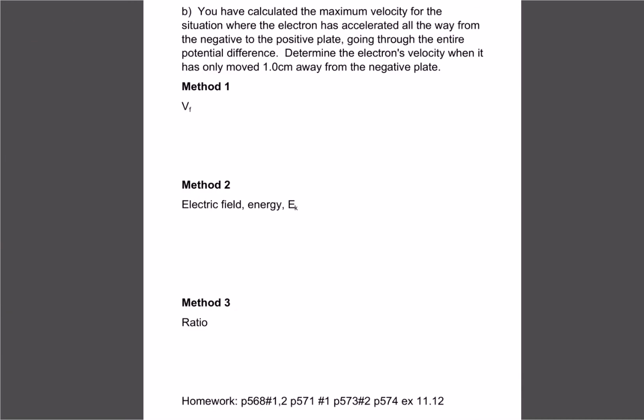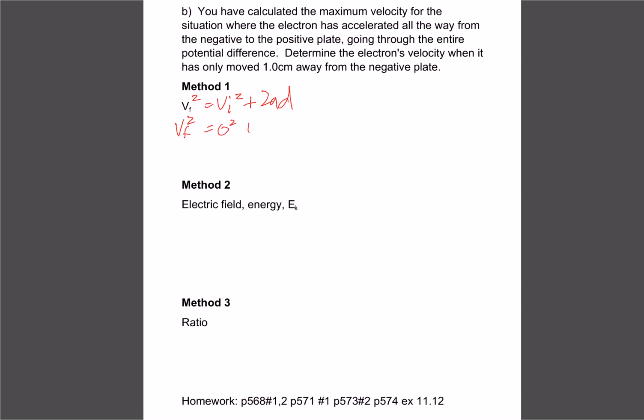So part B to the question now is, we just calculated the maximum velocity. So now the question is, what would happen if we only move it 1 centimeter? So instead of going across the whole 4 centimeter plate, what happens if it's only going to go 1 centimeter? So the only thing we could do differently is, if we're going to use method 1, remember we used our Vf squared formula. So the only thing that we do differently is we plug in a distance of 1 centimeter instead of 4